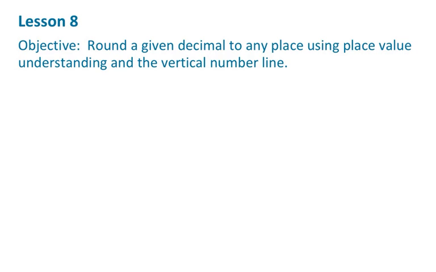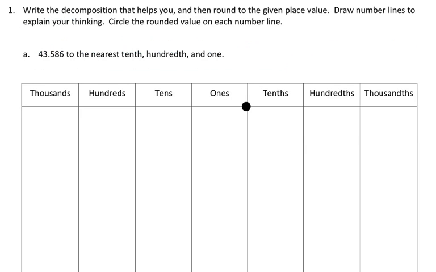Fifth grade, Module 1, Lesson 8, and in this lesson, the objective is to round a given decimal to any place using place value understanding and the vertical number line. So today's lesson is very similar to Lesson 7, and you can see how they're connected when we get into